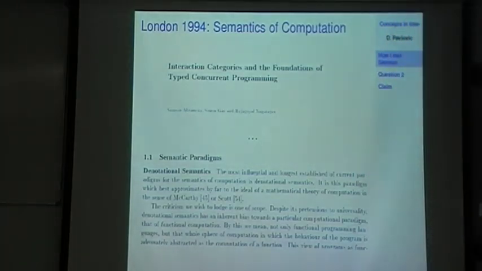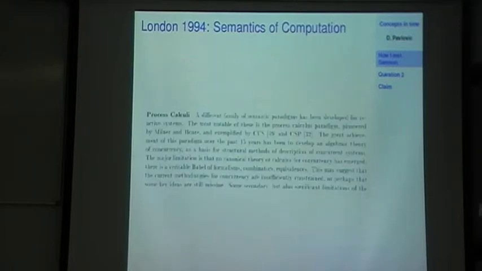And then Samson was pointing out that there was this entirely different part of computer science, of semantics of computation, which was, the way I understood it, of course, very roughly, something like lambda calculus, but not really about functions, but some other things, and that was